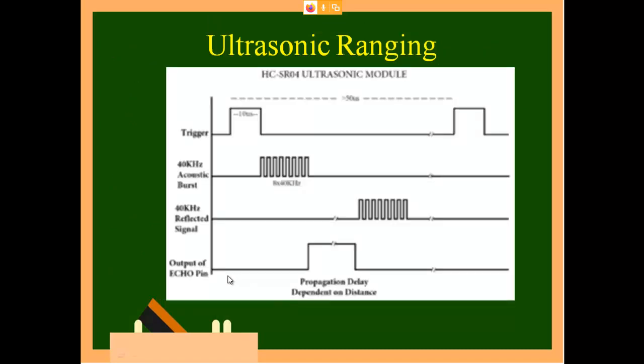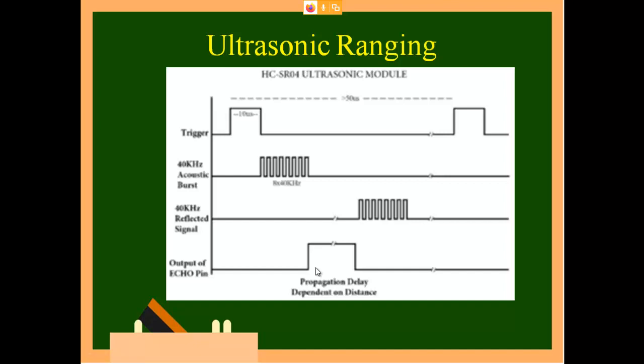From this graph you can see clearly this is the trigger from the microcontroller. Once I trigger from the microcontroller, this will generate 8 pulses. At the start of these 8 pulses, I start my counter, and this is transmitted to the far end and received back. So with sending and receiving, I get the intermediate time. With the help of this time, I can tell the distance from me to any obstruction. So if I am moving in front, what is the distance between me and the next person.